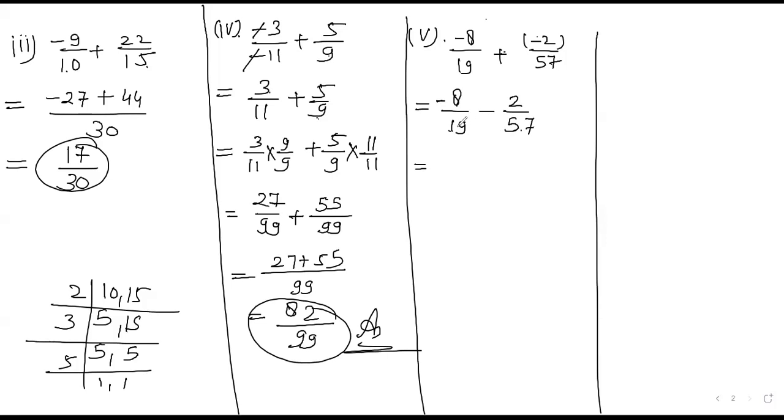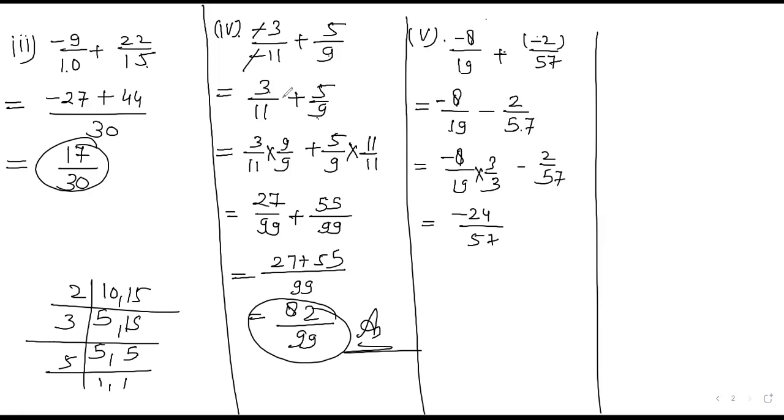So as you know that 19 3s are 57. Okay, so we will multiply and divide the first rational number only by 3, and you will get the numerator part, that is minus 24 upon 57. क्योंकि देखो यहाँ पर 57 से मल्टीप्लाई करते, that was not an issue, but the calculation part will be high. Calculation makes you uncomfortable in this question. If you multiply 57 and divide by 57, that was quite typical.